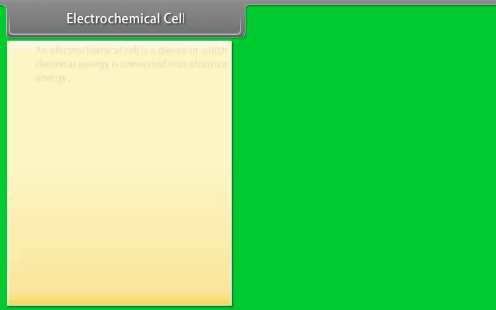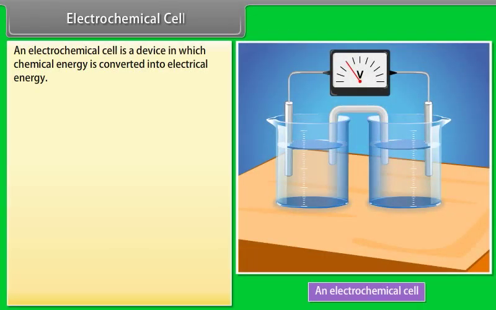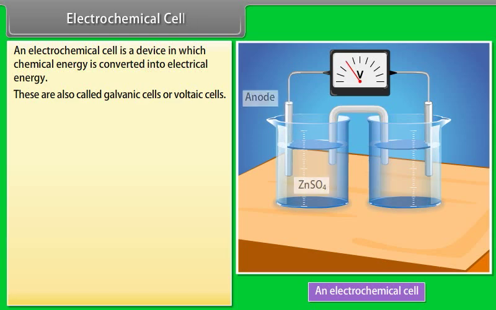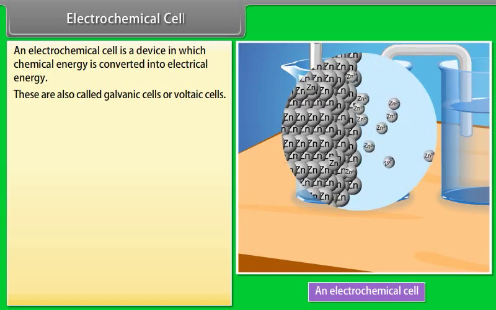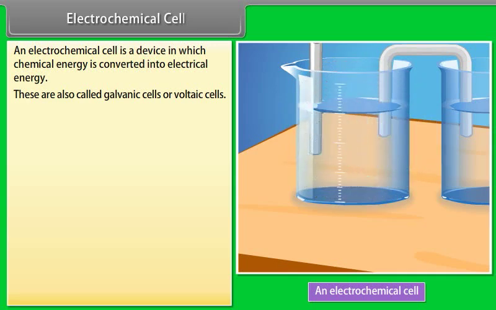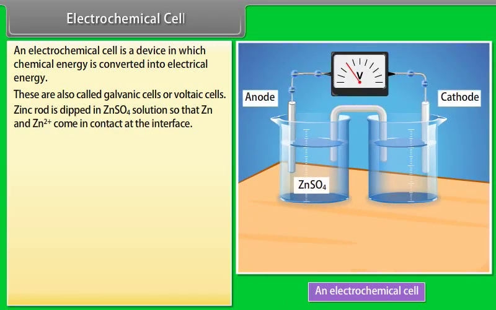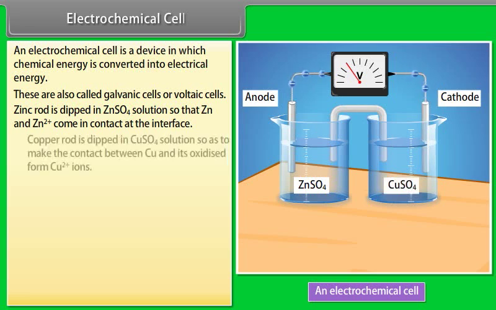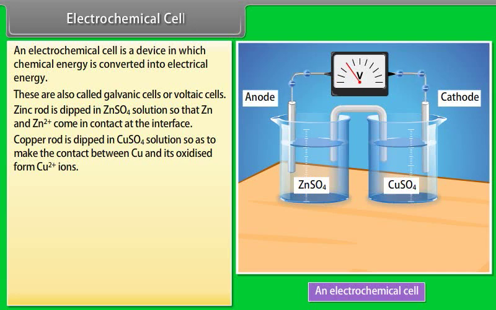Electrochemical cell. An electrochemical cell is a device in which chemical energy is converted into electrical energy. These are also called galvanic cells or voltaic cells. Let us consider the redox reaction between zinc and CuSO4 solution. Zn and CuSO4 solution are taken in separate vessels. Zinc rod is dipped in ZnSO4 solution so that Zn and Zn2+ come in contact at the interface. Copper rod is dipped in CuSO4 solution so as to make contact between Cu and its oxidized form Cu2+